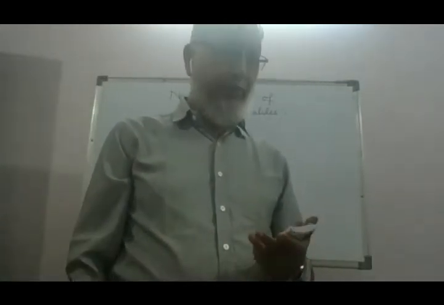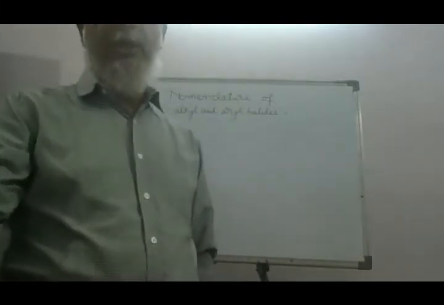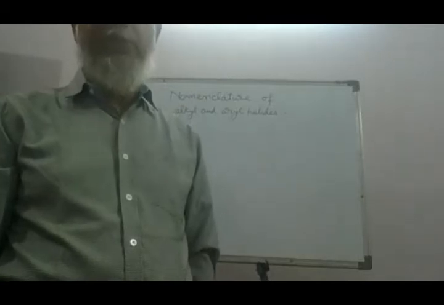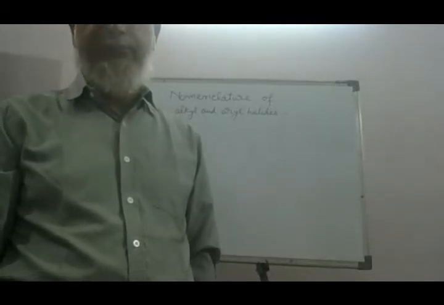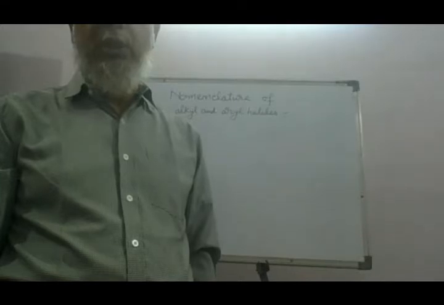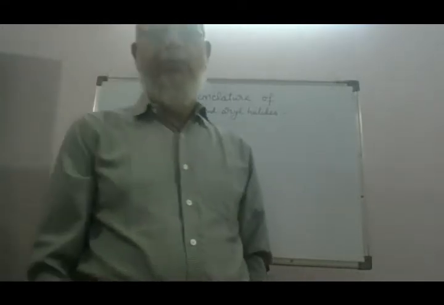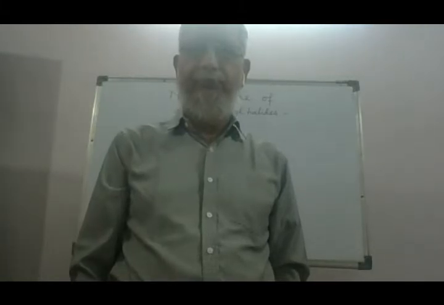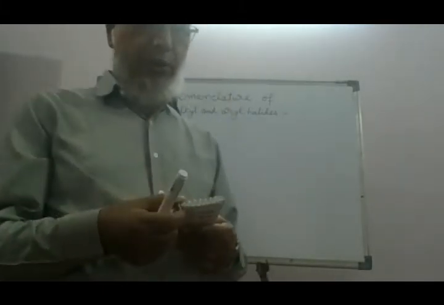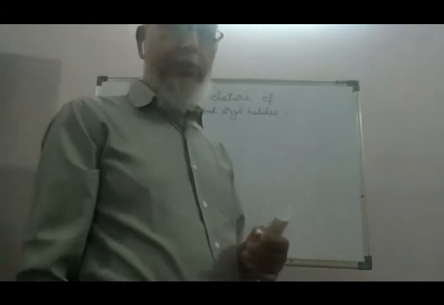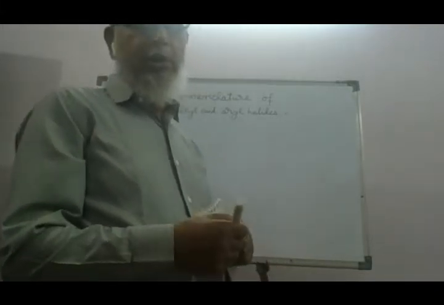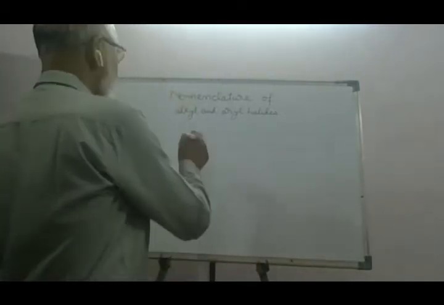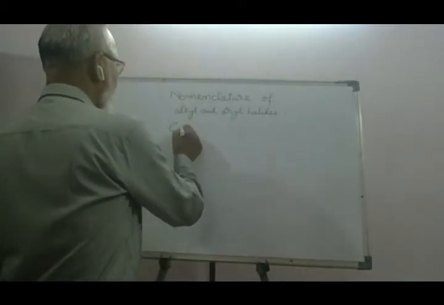In my previous lecture, in connection with the alkyl and aryl halides, I've discussed the structural difference between alkyl and aryl halides and how to name alkyl halides by the common naming system. Let us proceed further in this chapter. To start with, today I am first taking the monohalogen derivatives of benzene, or aryl halides, for their common name.